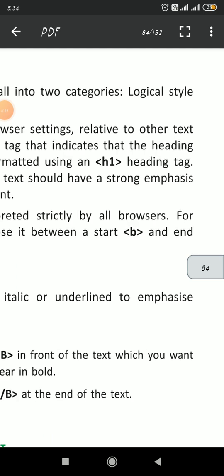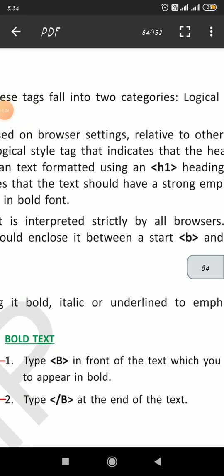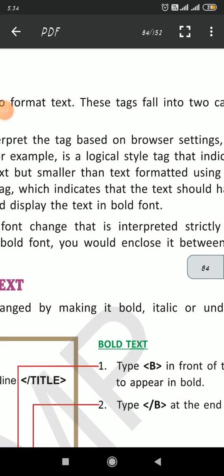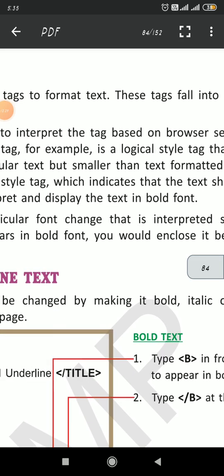Means larger than the regular text, like we are writing some text, the fox jumped on the table, so it's a regular style text. H1, as you know, is the first level of heading. It is the largest one, the biggest one. So H2 will be what? Smaller than the H1, and H2 will also be larger than the regular text.